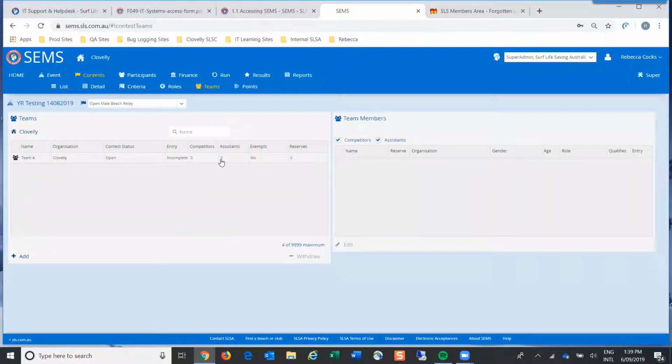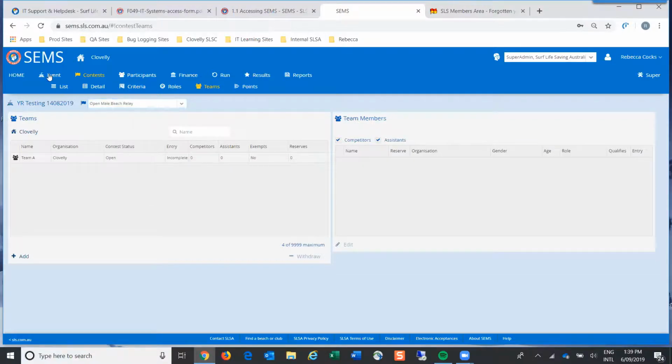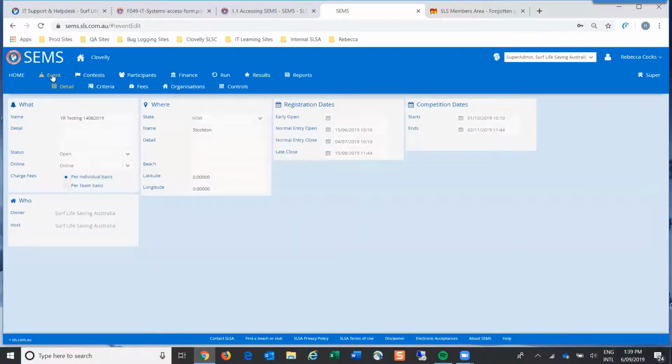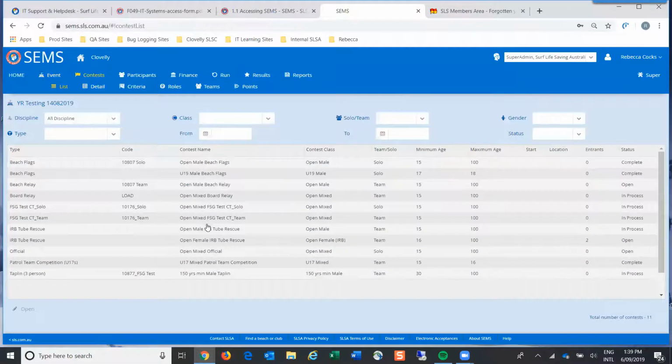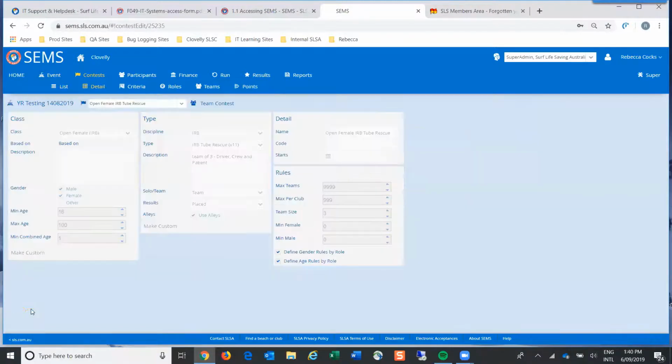I've talked to you about how to change the team name, and also changing team members. So for example, if I went back to the contest, this one here, and I'm opening it up.